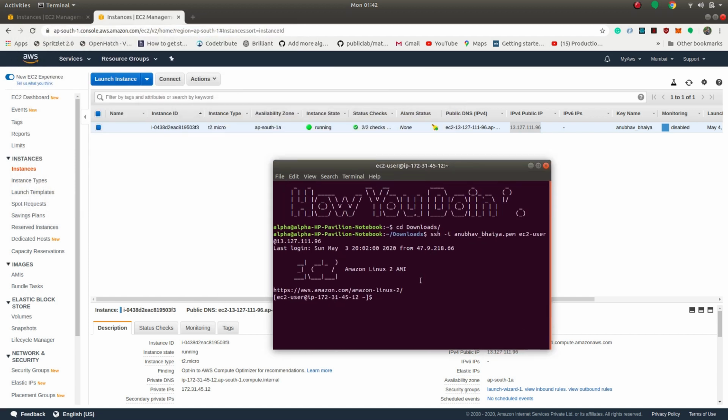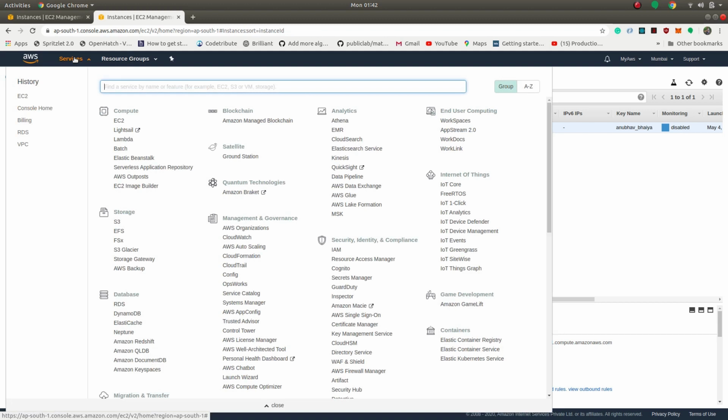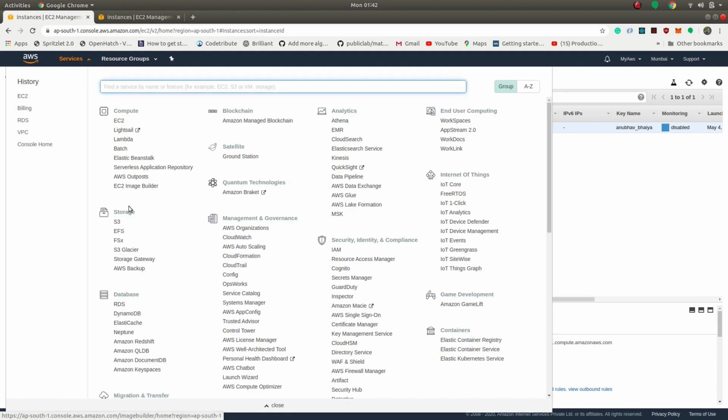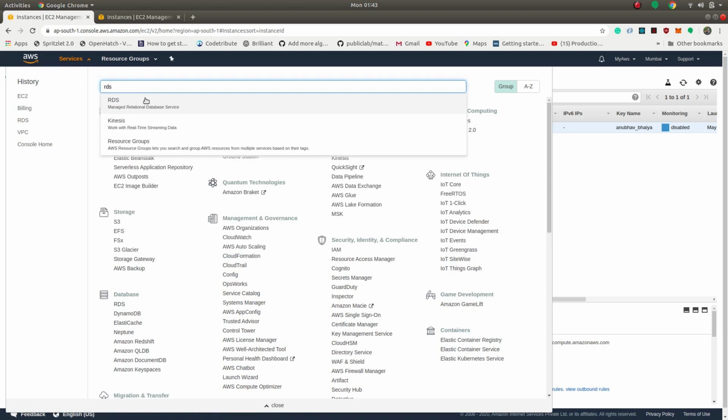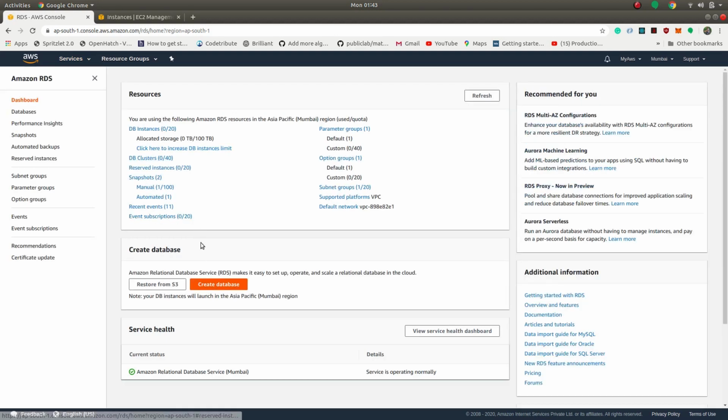Now once we have our EC2 machine ready with us, then we will go and configure the RDS. For that, open a new tab, go to services and search for RDS. Now we'll create a new database.